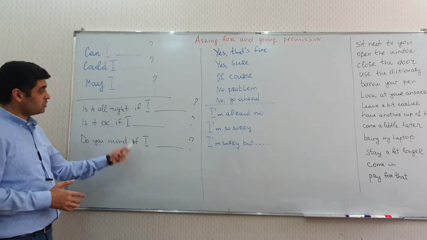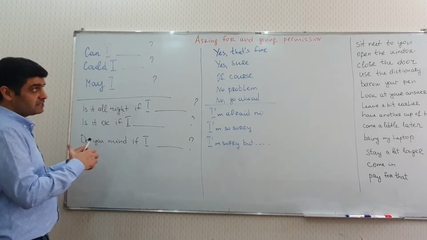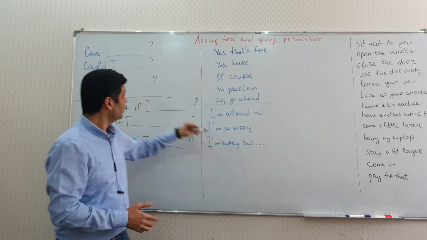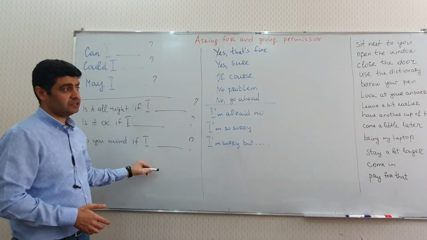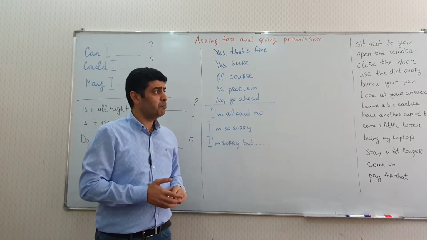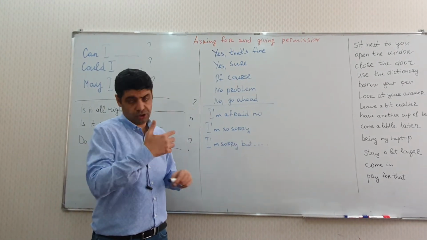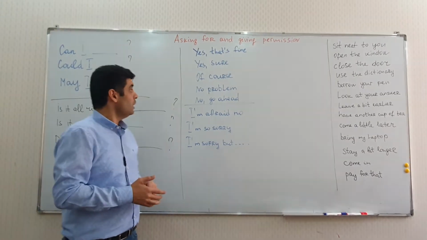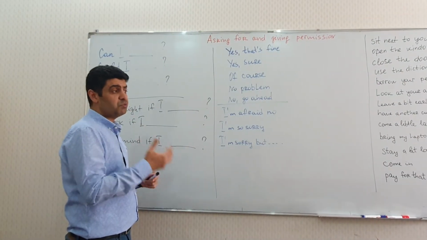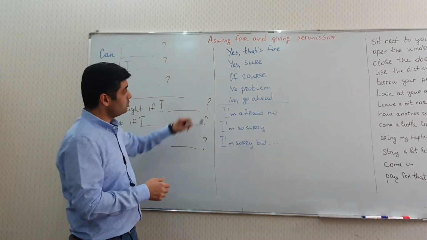So these are the expressions, the ways that you can ask for permission. You should just put, into those gaps that you see, the combinations that we put there for you. Of course, you can use your own as well. Alright, and now what about the answers? Which way do we usually answer? Let's look at these.